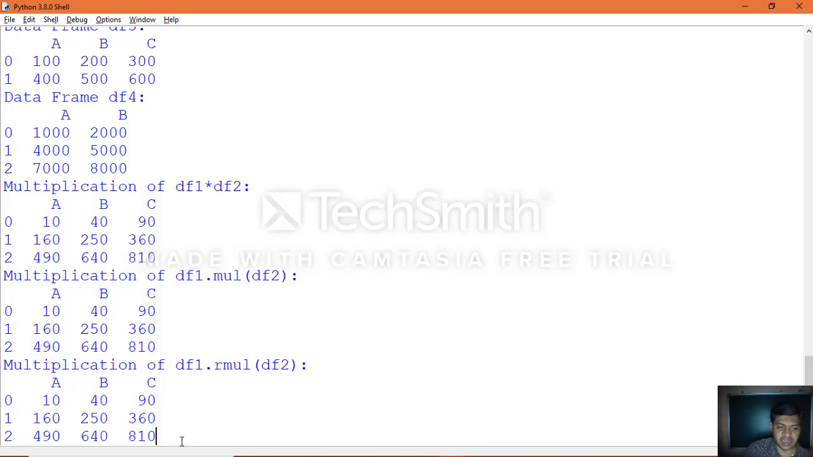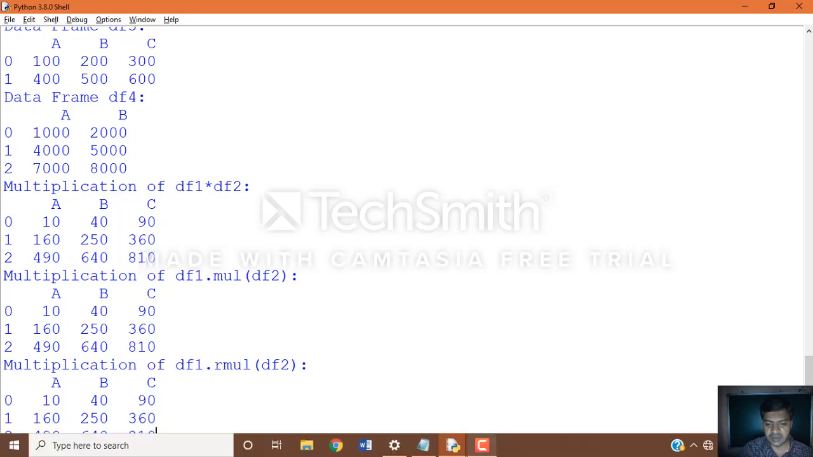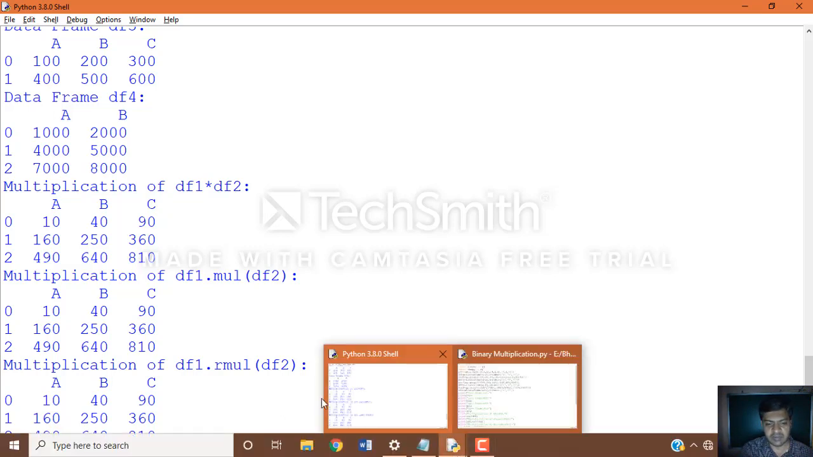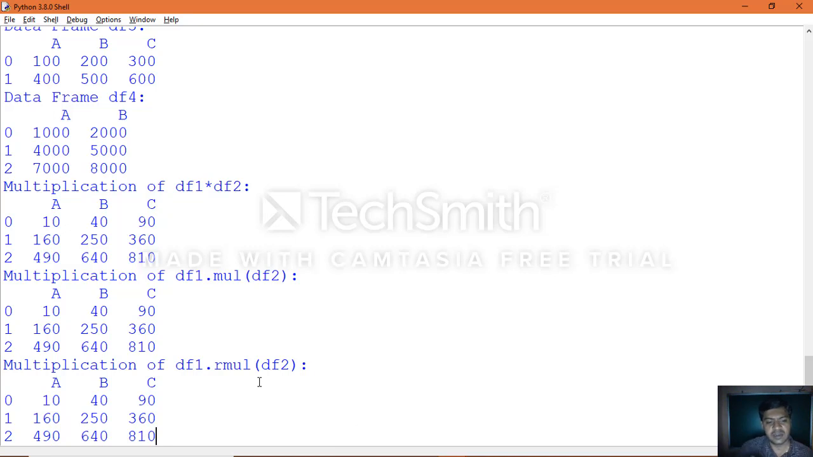We took integer values here. You can take float values also, and it will work in the same way. You can take negative numbers also, and it will work such that we can perform binary operation